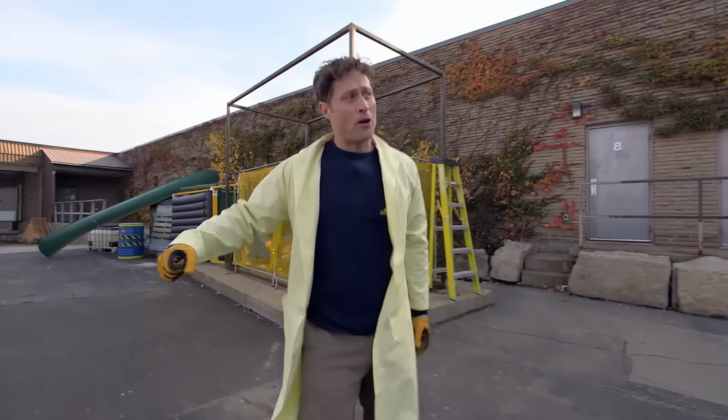Okay, I've got rollers. They're just plastic pipes, but they'll work perfectly. I put them here. And now to lift up the machine. Okay. Perfect. And so the rollers go underneath like that. And then